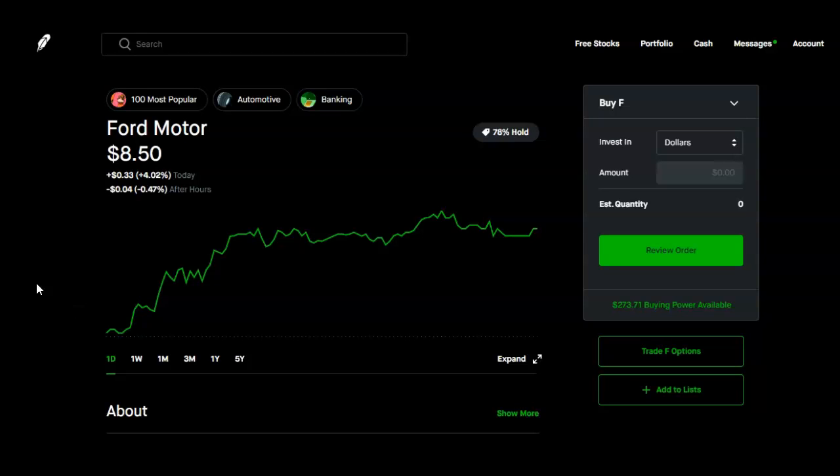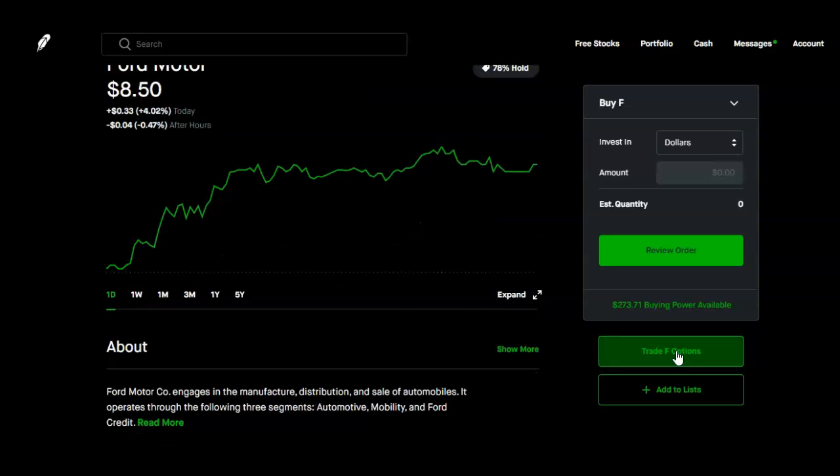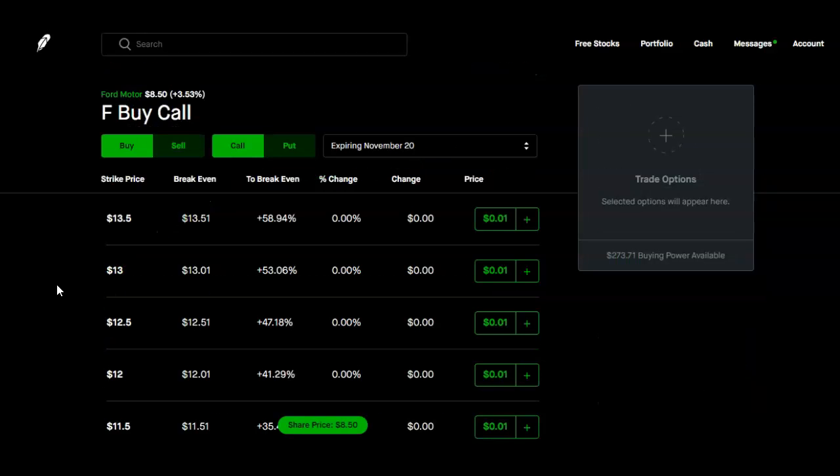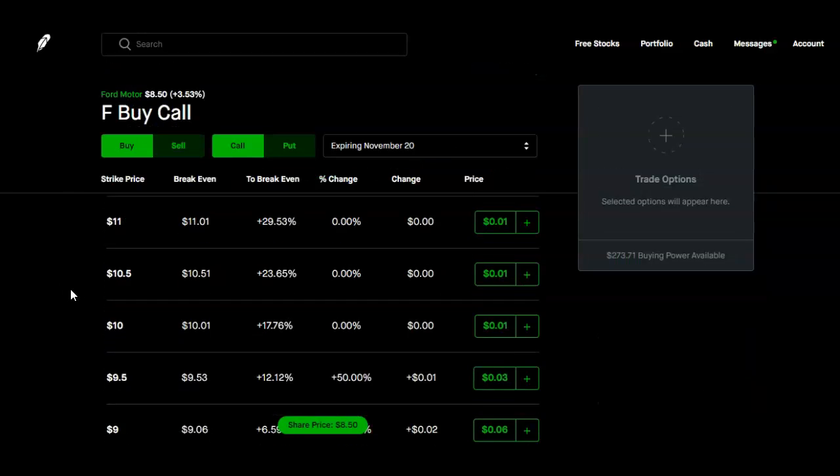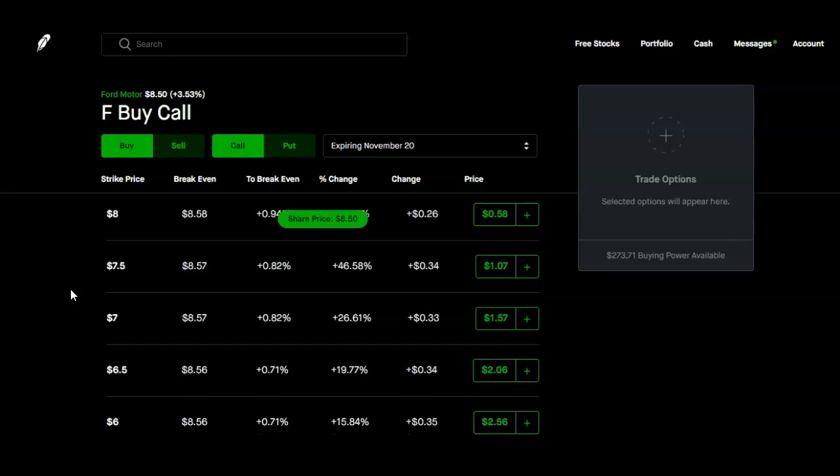The options move so fast, you can lose $200, $300, $400 in like 10 minutes. So just be sure you have some risk reward. You're not putting in too much money, and that way you won't wipe out. Okay, now the third tip I'm going to give you about trading options, and this one is a really useful tip as well,